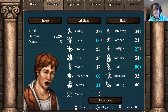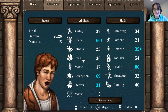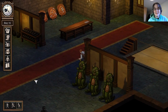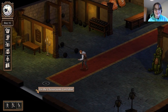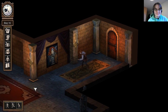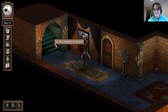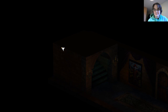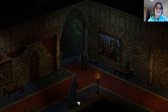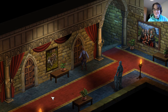My charm and defense have gone down because I swapped my stylish leather jacket out. But hey, other than that, some of my stats are starting to look okay. I'm going to keep saying more or less that some of my stats are starting to look okay indefinitely because I'm never happy with them. Sean, you generally weak, unskilled person, you. Left foot, right foot, left foot. Alright, time for a perfectly respectable...